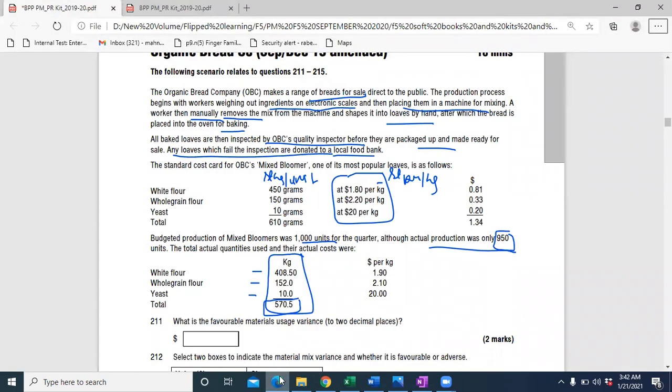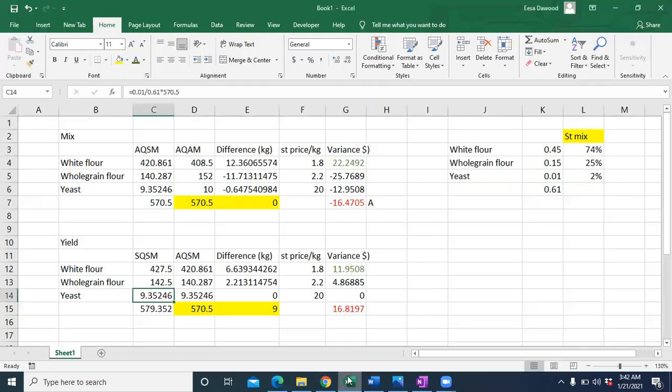And for the third as well, equals 0.01 into 950. So this tells me the standard quantity input. That should have been input. And consider this as to be your actual quantity. And you see the yield variance is favorable. I told you there's some interdependence as well. If I'm using the expensive ingredient, definitely the wastage would be less, so yield would improve.